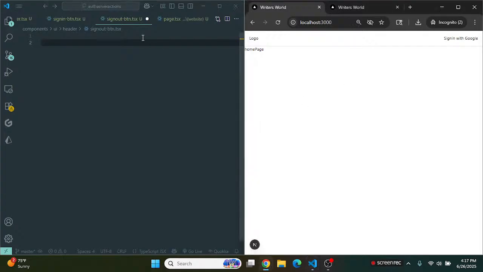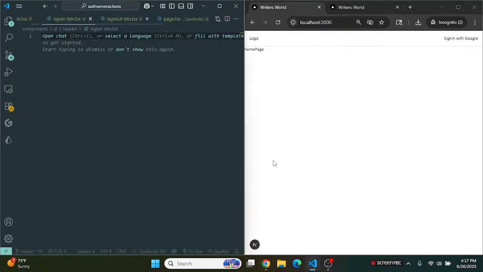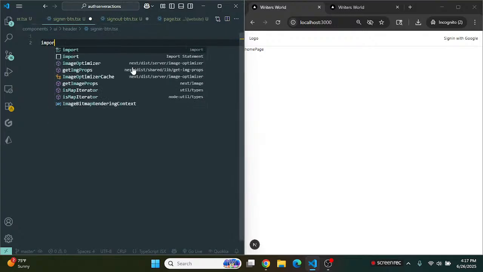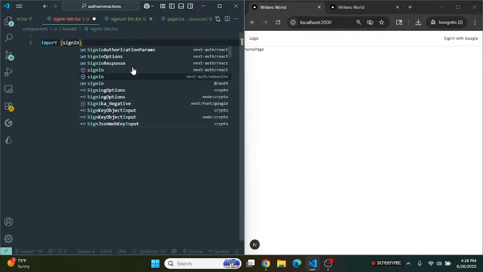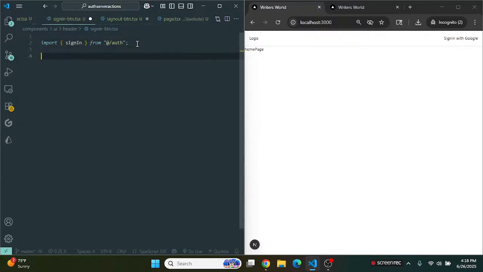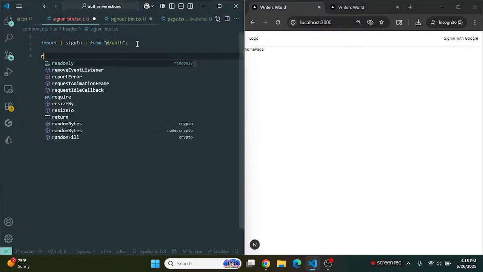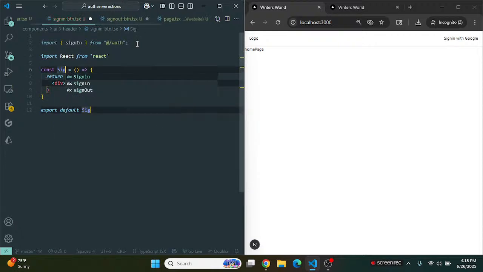I'm back now. So let's go ahead and create the sign in button first so that we can just get something on screen, and we'll also update the sign out button as well. So let's do this. We'll do sign in, go import sign in, and that is going to come from @/auth. Then we'll create a button, sign in btn, click save,